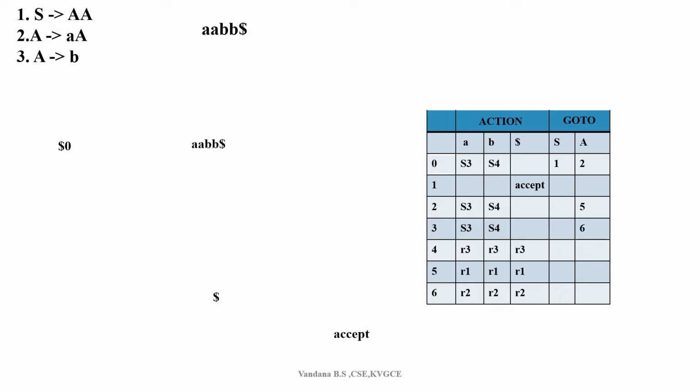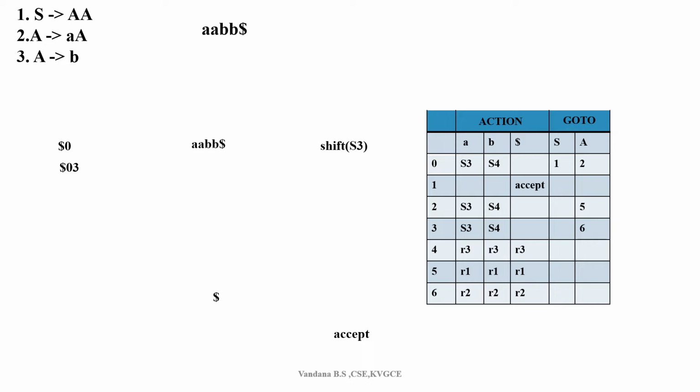So what is the action? Look at the table, 0 on A. What is the entry for 0 on A? It is S3, right? What do we mean by S3? S3 is nothing but shift. We have to do a shift, so let us do the shifting process now. I'll shift 3, which implies that initially the state is 0, and 0 on A is 3. I shifted 3. Now we have to increment the pointer.